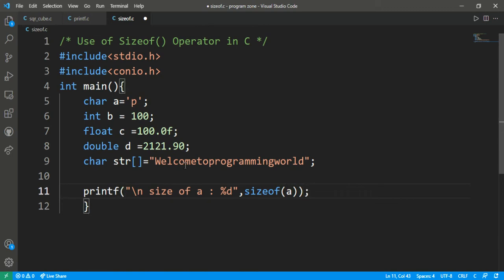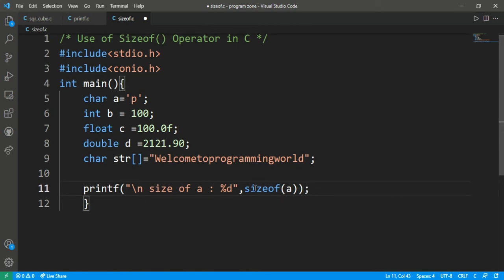So this line indicates the type of data that a holds, the character type of data. So we are going to check like that.